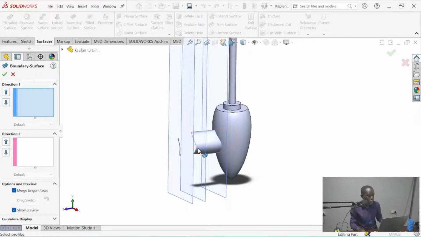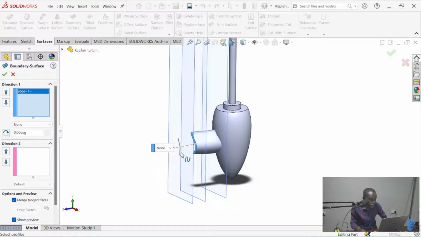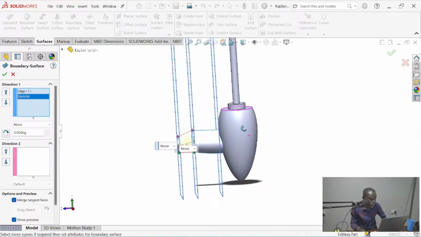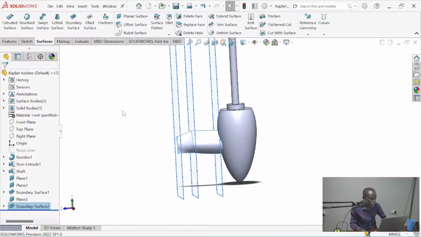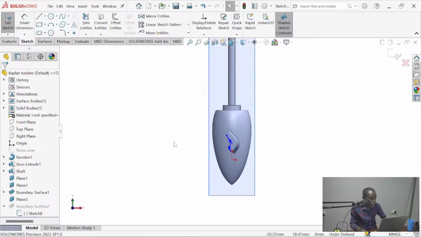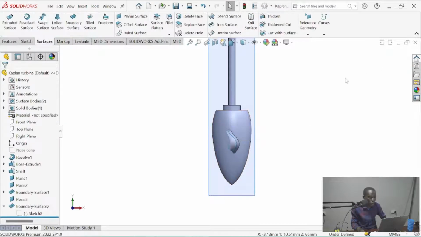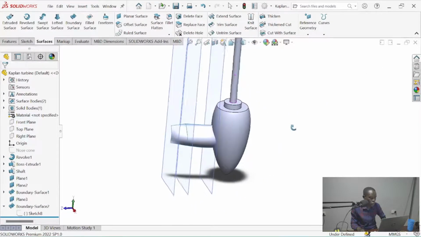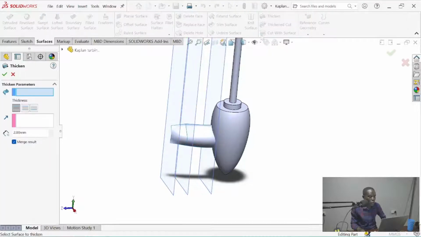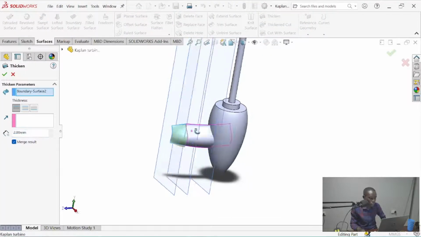Surfaces, boundary surface, this edge, and then that. Alright. We do an adjustment again. This goes a bit high. And then now that's when you can do the thicken.